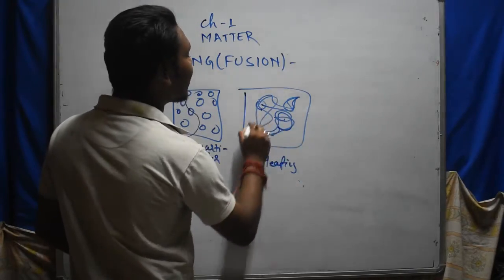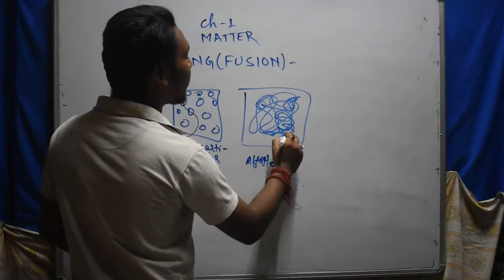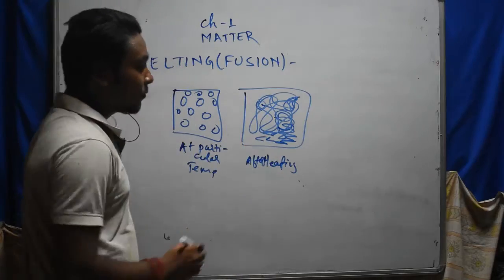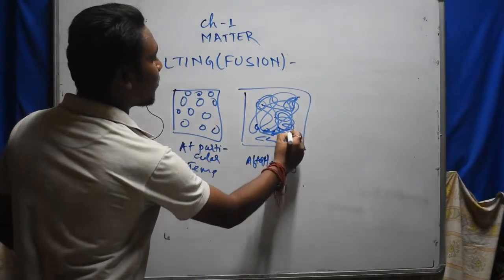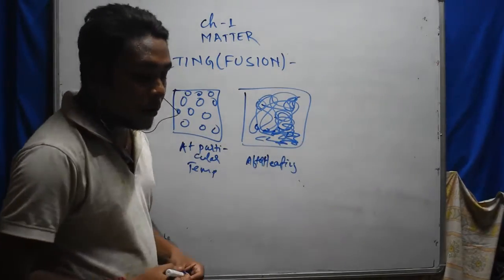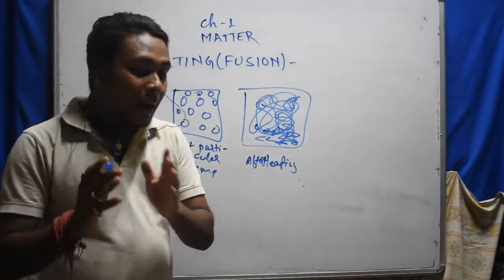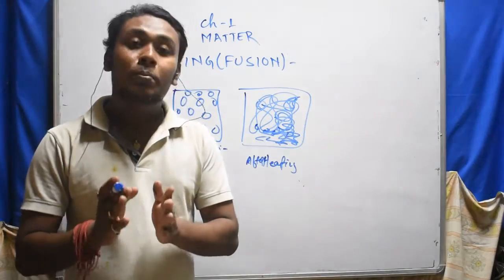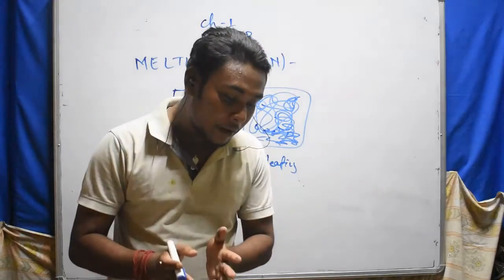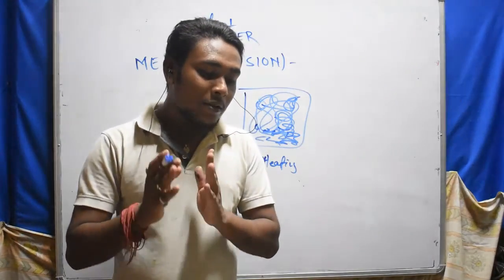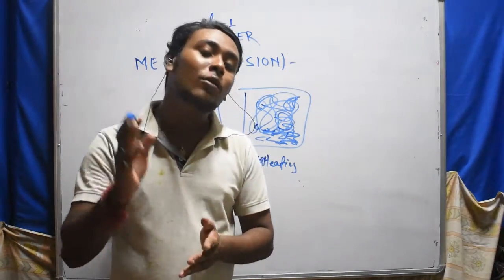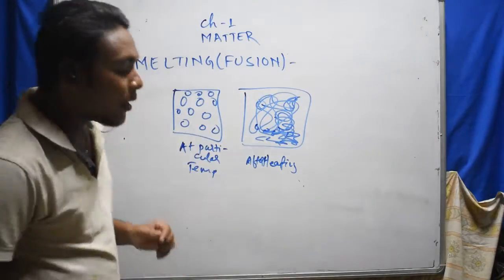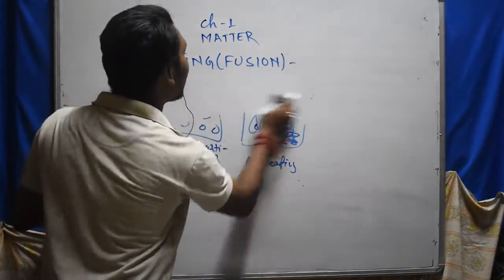these particles keep on vibrating. Okay, so at a particular temperature the solid melts and changes into liquid. This process is known as melting, and melting is also known as fusion. Okay, so the definition of melting would be,